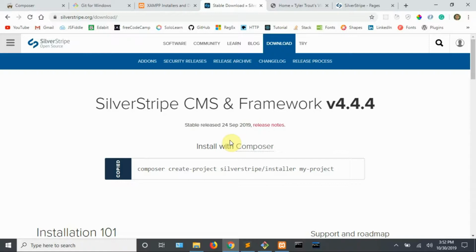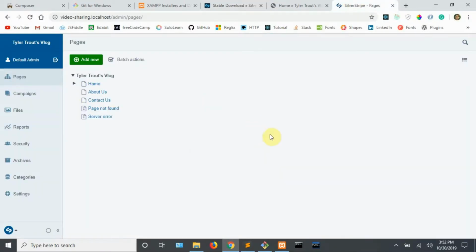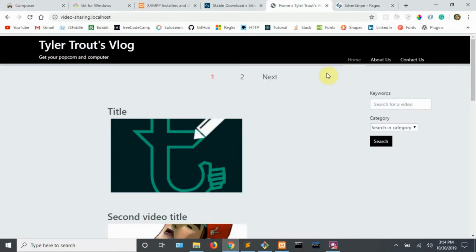If you have never heard of SilverStripe before, it is a CMS similar to WordPress or Joomla, but it is much more flexible and a lot cleaner because you will not be relying on plugins. This is what the backend looks like, and as you can tell, it is far cleaner, way less noise than something like WordPress. The framework itself is actually very easy to learn, and we will be using it to create